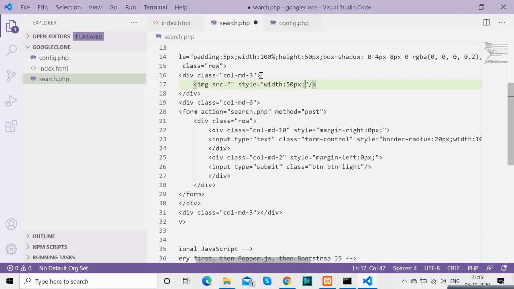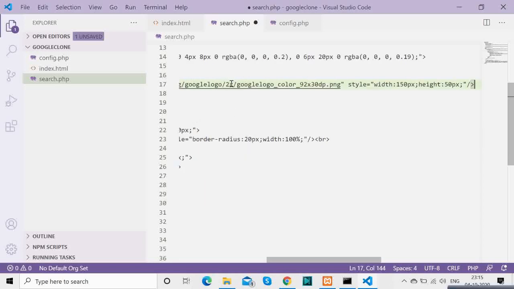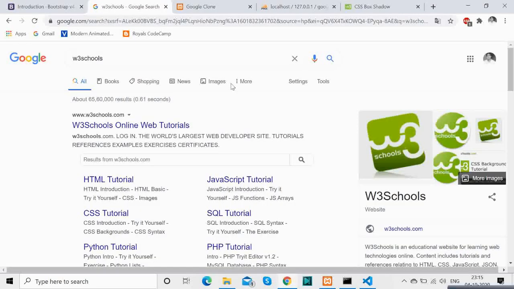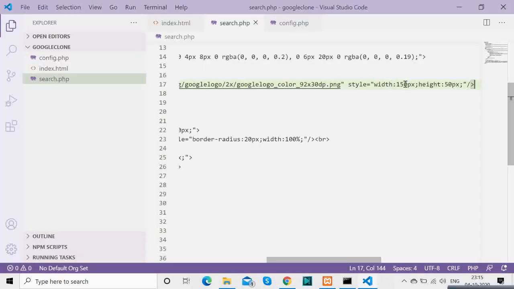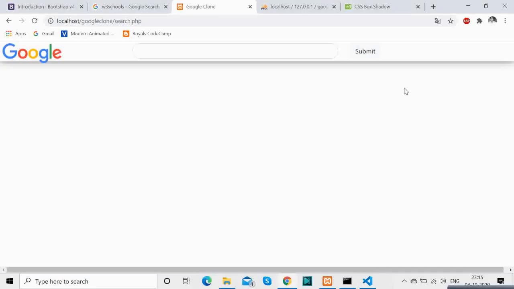We will have some adjustments in terms of height and width to fit it within that nav bar. And there you go. It's looking exactly like Google, right?